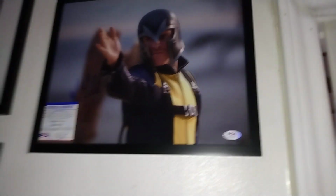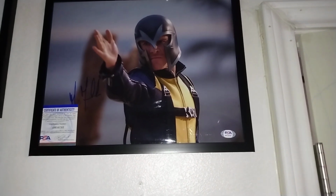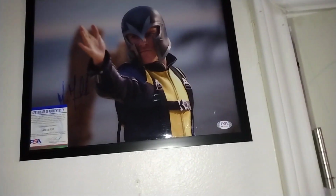And or more, not Marvel Comics, well, I don't know if that was Marvel Comics or just the characters, but there's a ton of characters that came out of one mine. And then I have Professor X there, signed by Patrick Stewart, the original actor. You got Magneto from X-Men First Class, signed by Michael Fassbender. Then I got Colossus